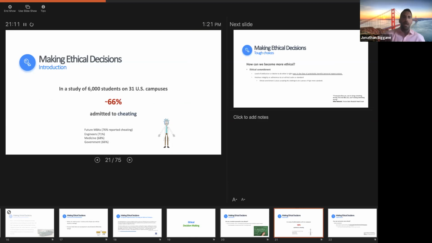In terms of ethical decisions in students, we see that a lot of students have admitted to cheating. And so you might think, okay, cheating, 66% of students have cheated, not a big deal, right? Well, let's say you're going into a surgery and the anesthesiologist puts you under and the doctor whispers into your ear, I cheated through med school. How would you feel? Most of us would probably feel pretty uneasy about that. That draws the question of where's the line? What's acceptable and what's not?